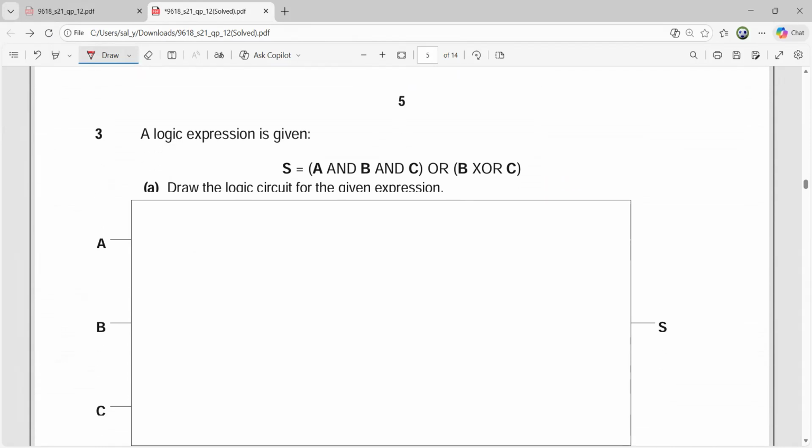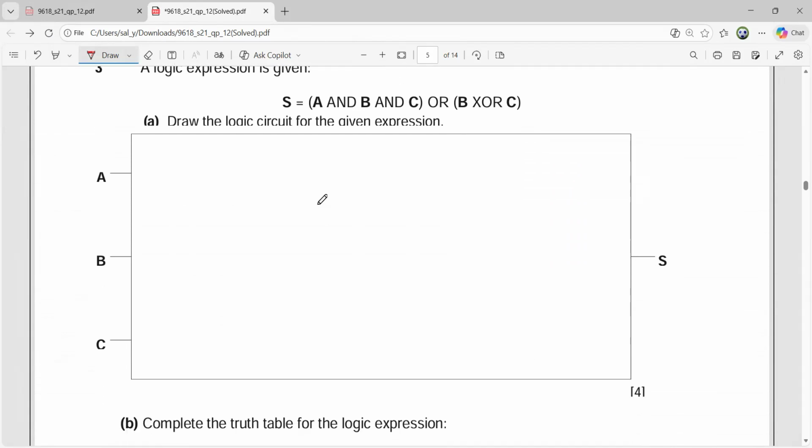Now, this is my question number 3. A logic expression is given. S equals A and B and C, or B XOR C. Draw the logic circuit for the given expression. So I have to draw the logic circuit, and let's start from here, A and B and C. So let's start that we are drawing a line